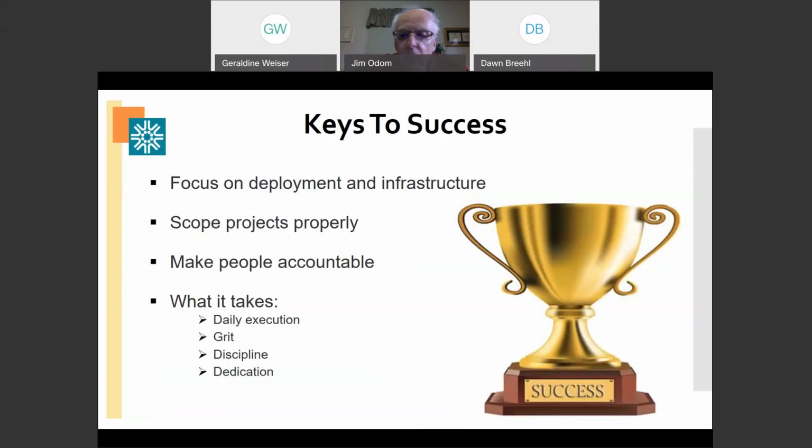The other thing that I don't have on there that I think is important is to get as many people involved as you can. Everybody has an idea on how to make their job better and easier. Everybody works hard. We want to work smarter, not harder. So I think it takes daily execution. You've got to be doing this stuff. Once you start down this path, you want to continue, because you're going to see some huge benefits.